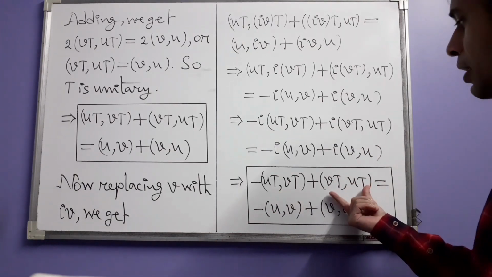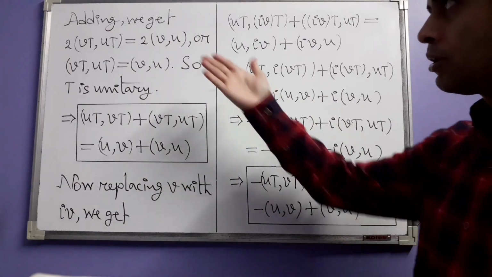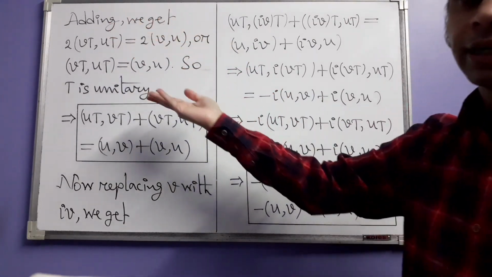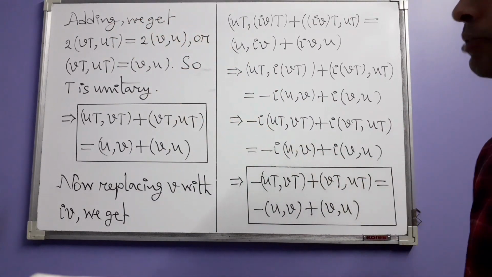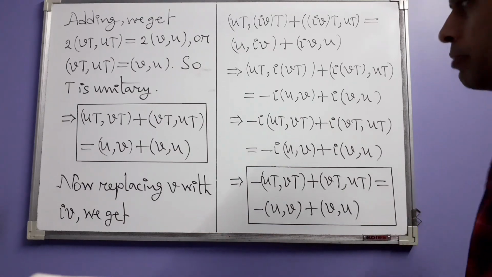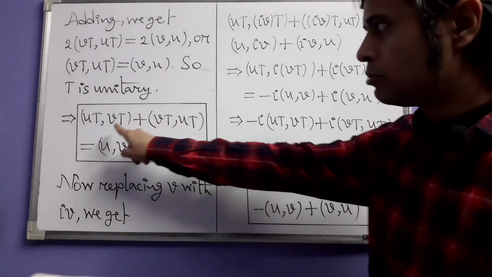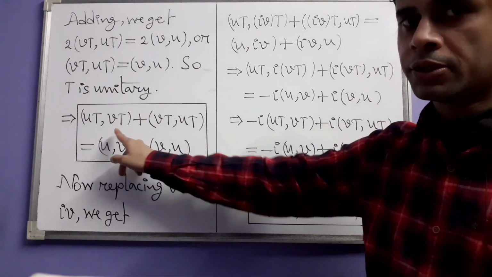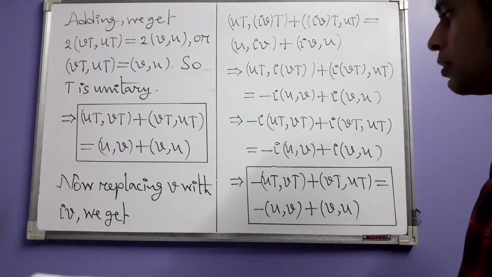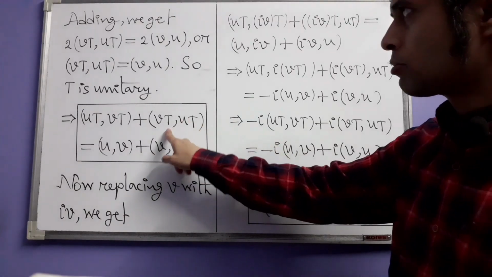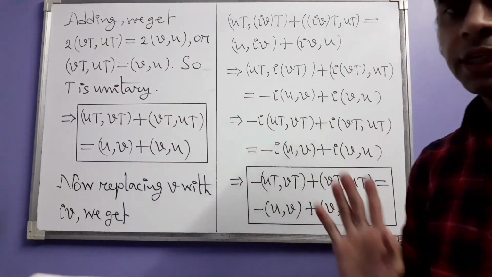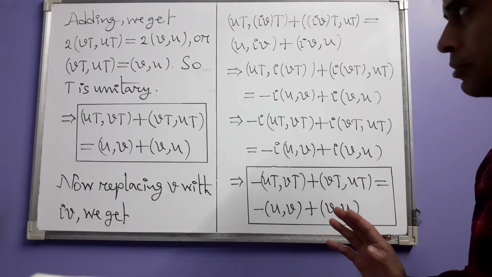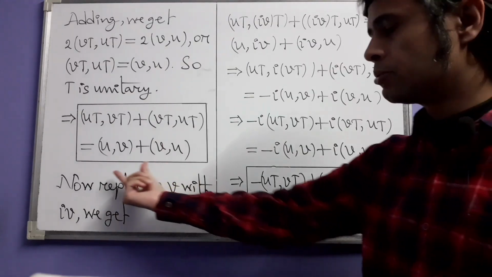So on the left hand side, after you do the addition, you understand that we are adding this one and this one, though I did not write much because of lack of space. These two terms cancel each other because they are minuses of each other. You get twice of this, 2 times vt comma ut, that is equal to, again these two cancel each other,